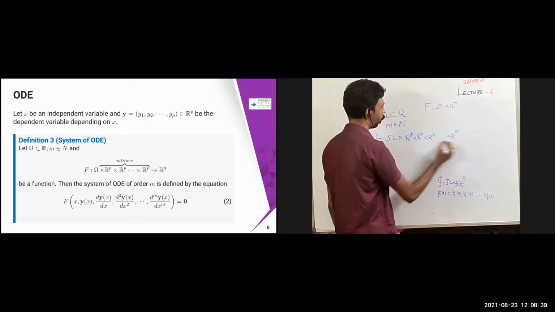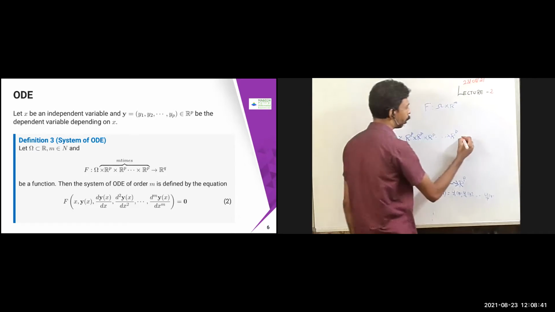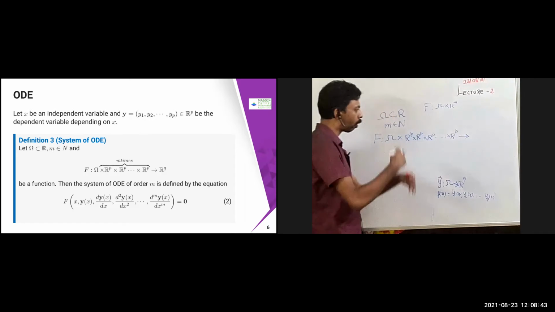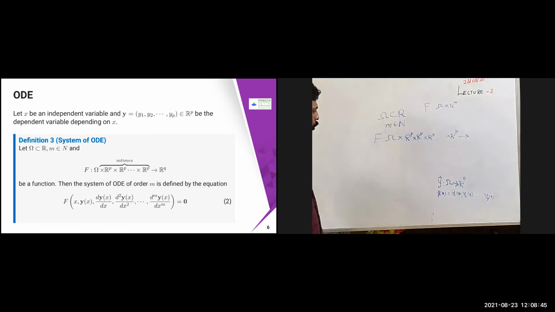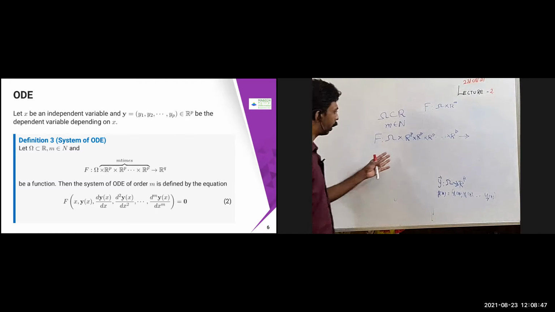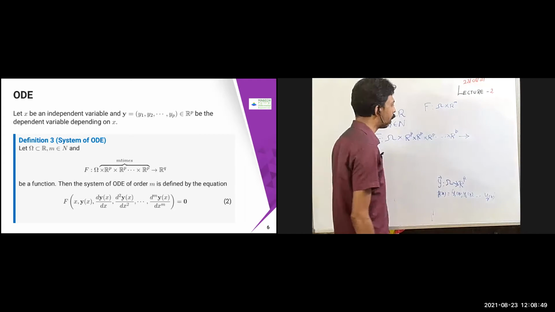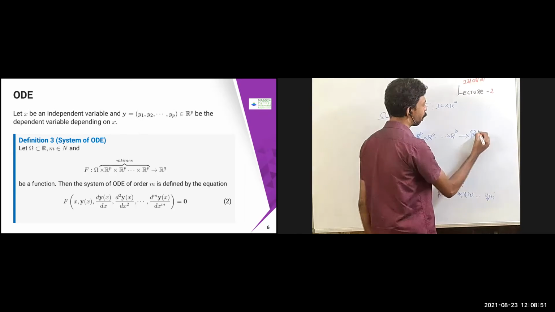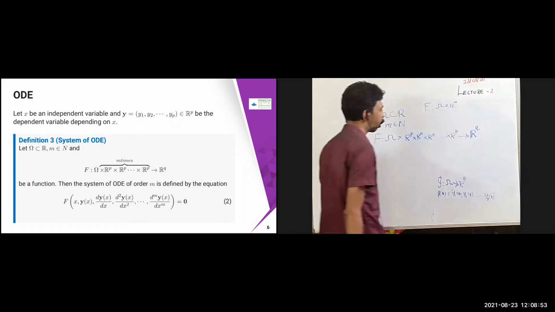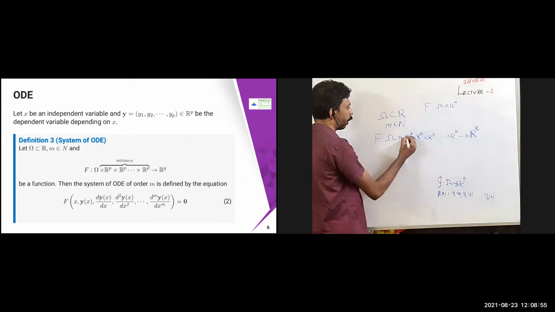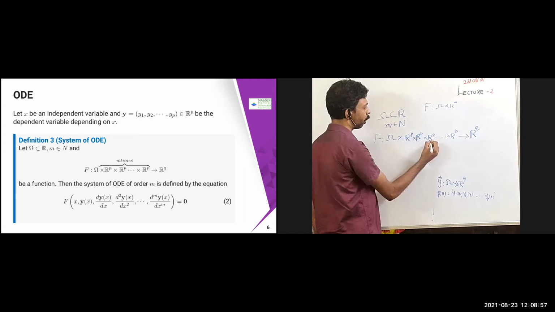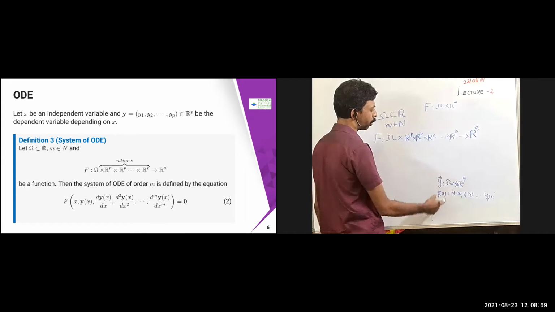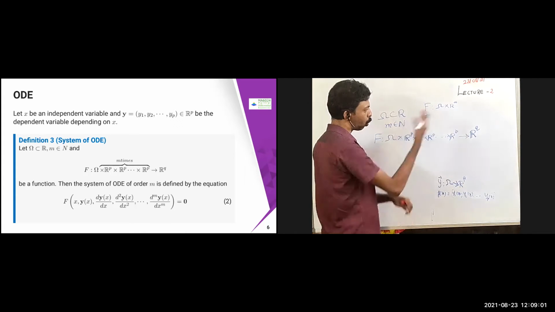So like this, I'm just going to repeat that m times. Okay, 2. I don't know what the other dimension is going to be. This one also I can define as R power p or R power some other, because this is a system of ODE. What you are going to get is m variables. Y has m components, and I'm going to map it to q.